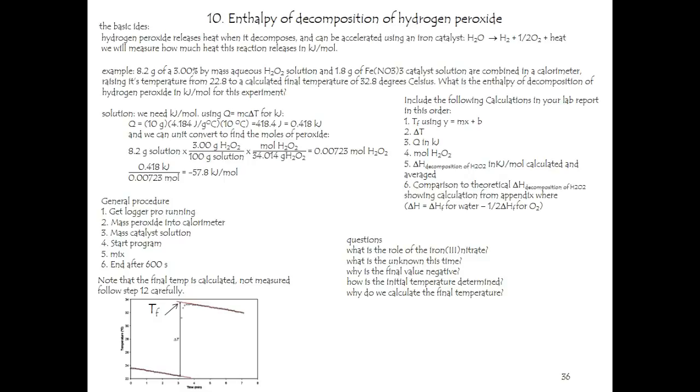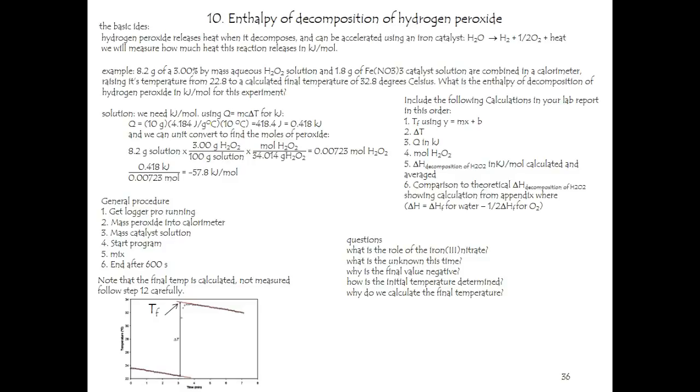We need kilojoules per mole. So we need the kilojoules and we need the moles. For the kilojoules, we can use the specific heat equation, Q equals mc delta T. Q is the heat that is released to the surroundings. The m is the mass of the solution. Notice that there are a total of 10 grams from the 8.2 and the 1.8. C is the specific heat, and this system really is largely water,